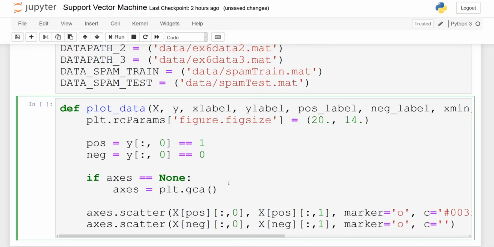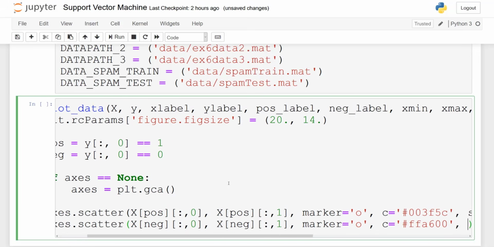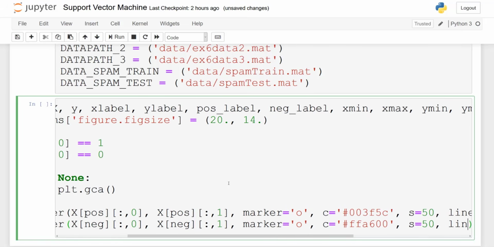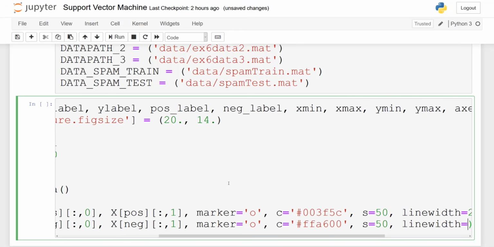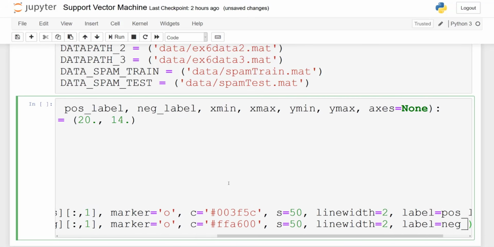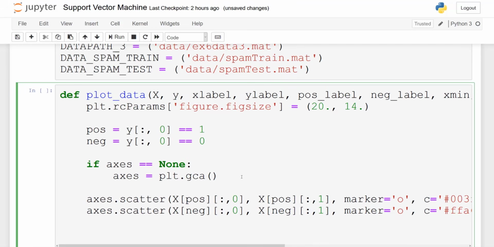This time we're going to specify another color so that we can differentiate them easily on the plot. So FFA600, S will be equal to 50. The line width will also be equal to 2. And then you set the label equal to neg_label. Awesome.